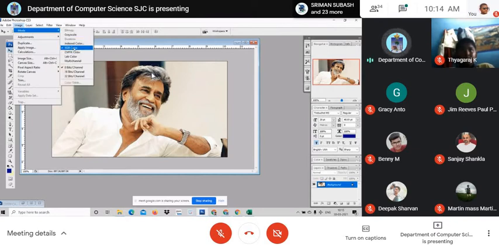RGB, CMYK, and Lab color. These three things we must remember. RGB is what we use for computer-based design, and CMYK is what we use for printing. If we give printing for press or newspapers and other bulk printing, we go for CMYK, also for flex banners.